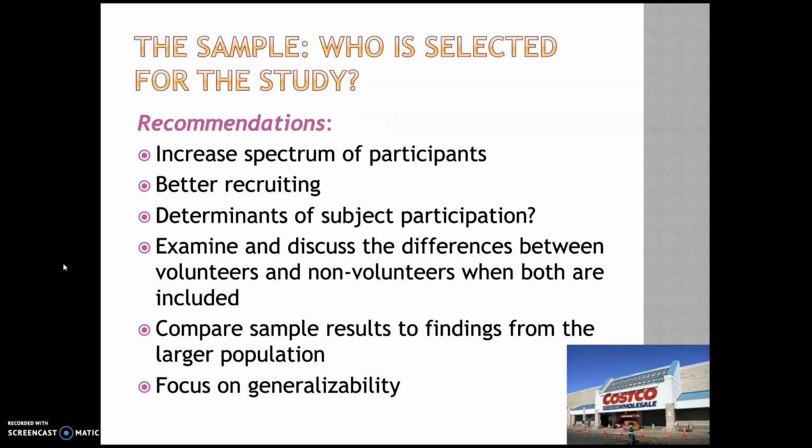By contrast, what we can do instead of a convenient sample is get a much more representative sample, a larger spectrum of sampling, better recruiting. So if you think of the last slide, there was a 7-Eleven. Can you get a meal at 7-Eleven? Yes. Is it a bad idea? Yes, right? If you go to Costco, it would take longer, it would cost more, right? But you would have more choices and would be able to generate a better meal having shopped at Costco. That's the idea. You really want to make sure that you look at the sample in its completeness, get good representation so that you can provide good generalizability in your findings.